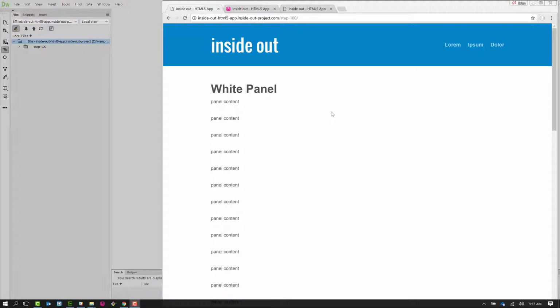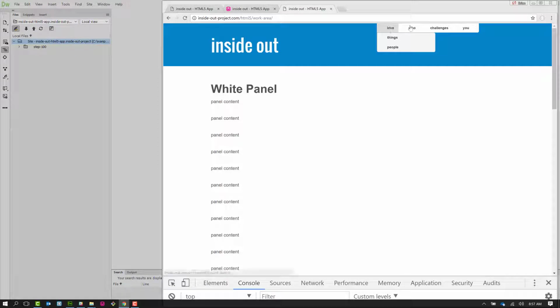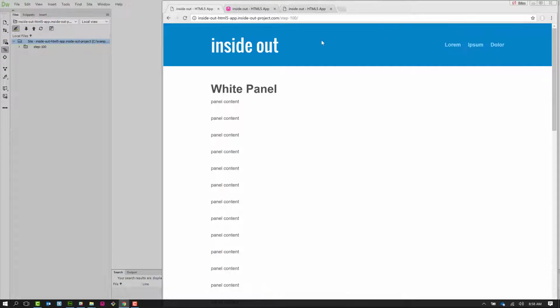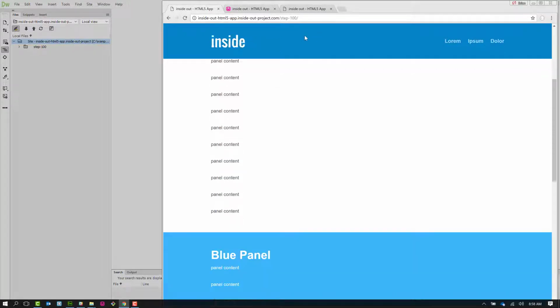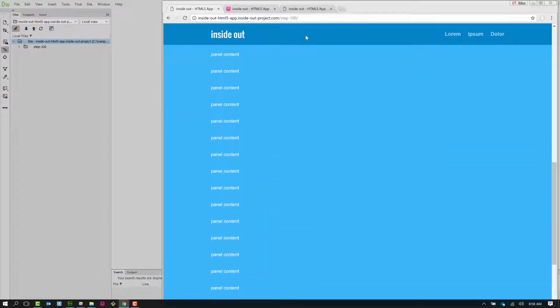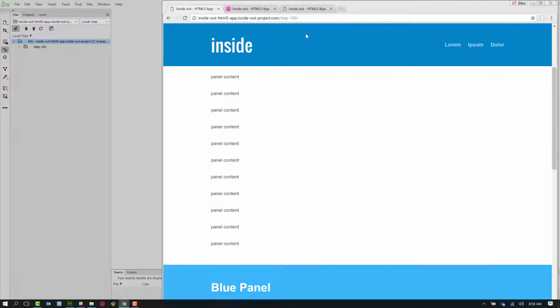Okay, so we're going to go ahead and start step 101 of our Inside Out project. What that step looks like, where we're headed to, is creating a menu using JSON and Ajax and placing it in the top of our page. Where we're coming from, we currently are in step 100,